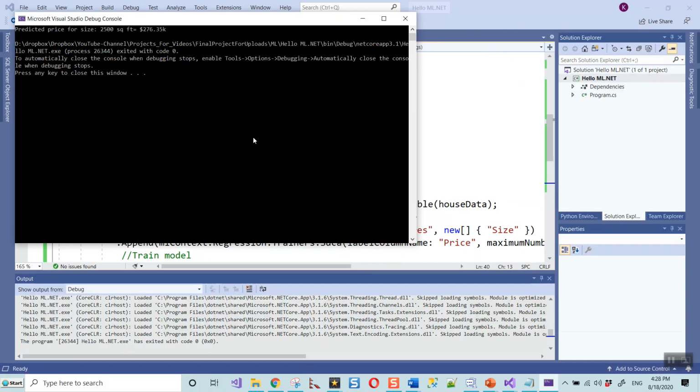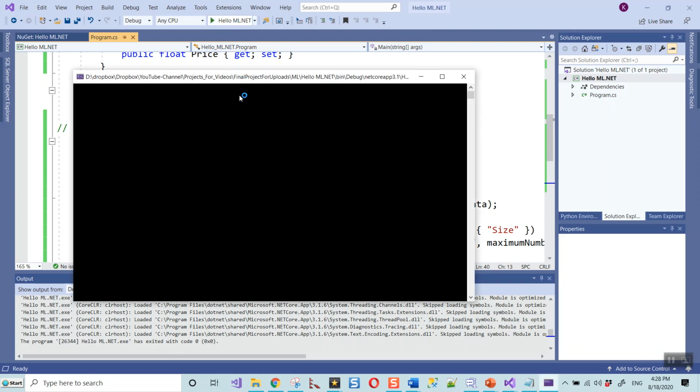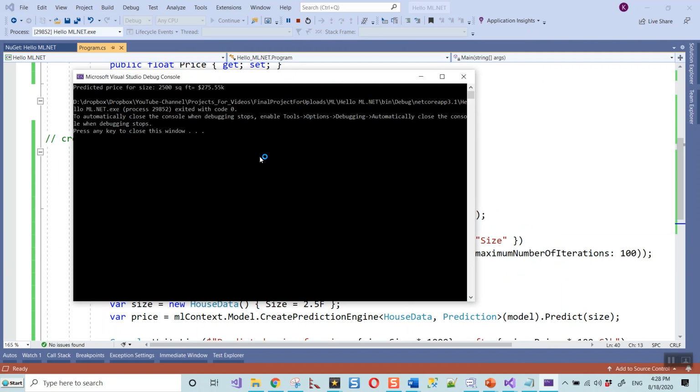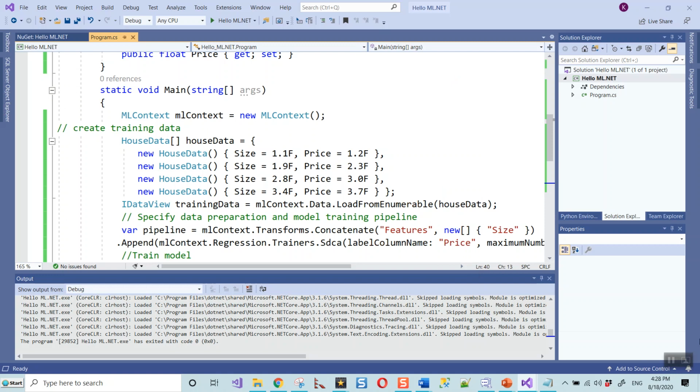Now it comes up with a predicted price for this size, 2500 square feet. It is $276.35K. Every time you run this application, it will come up with something different, not exactly the same, because it comes from the prediction engine. Okay, 275.55, with a subtle difference between the two. So